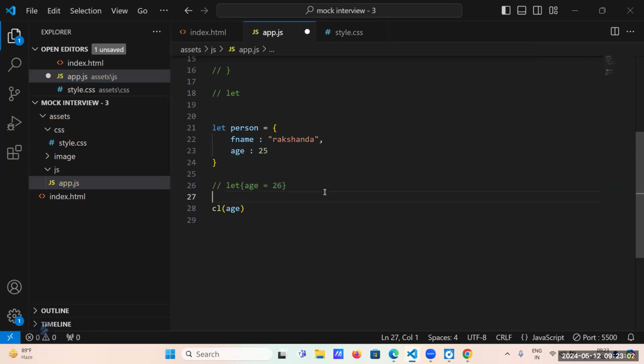Now, can you tell me what is a function? A function is a relationship between input and output. And what types of functions have you used in your project? Constructor function, factory function.